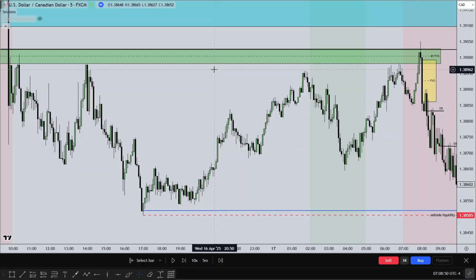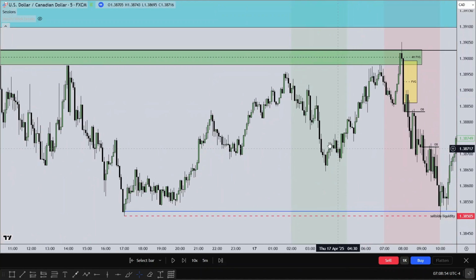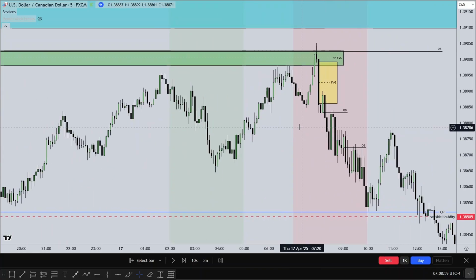I already gave you guys the set of rules you'll be following to take these trades. I wasn't looking for an entry from the 3 a.m. to the 4 a.m. setup. I wasn't looking for any entry from the 7 a.m. to the 8:30 setup. It was after the high impact news that I looked for my entry at this other